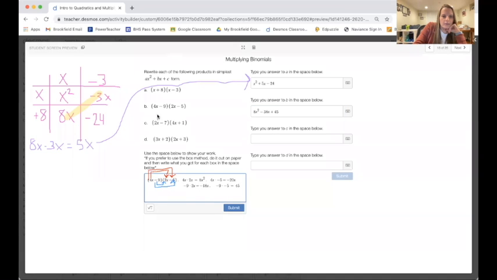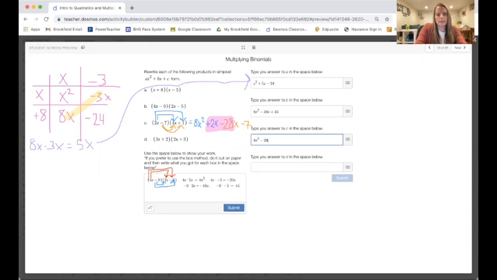For C, you're going to do 2x times 4x to get 8x squared again. And then 2x times 1, which is plus 2x. And we're going to do negative 7 times 4x, which is negative 28x, and then negative 7 times 1, minus 7. Combine your like terms in the middle, to end up with 8x squared